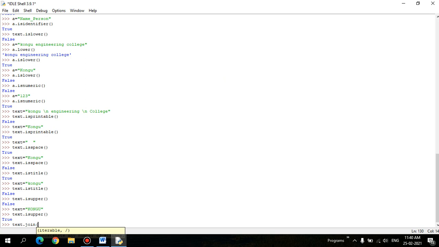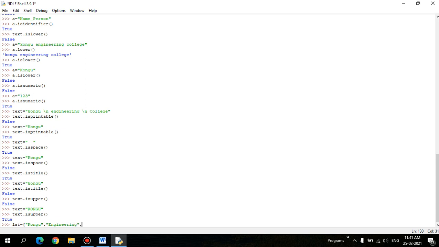It has to be an iterable, and it concatenates any number of strings. I need to have a list, because we all know an iterable has to be either a tuple, a dictionary, a list, or a set. You have to pass it as an argument.